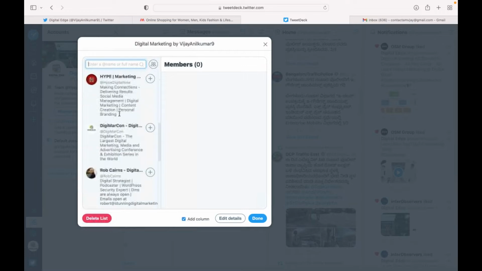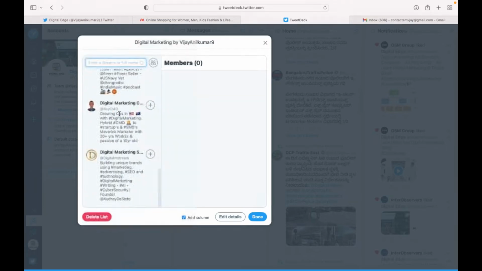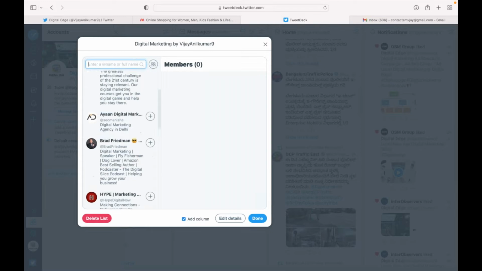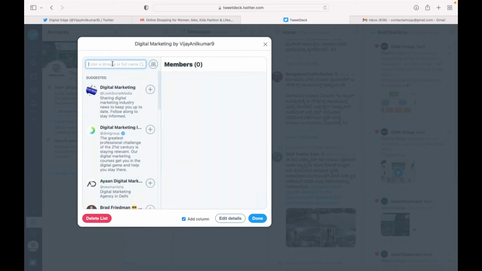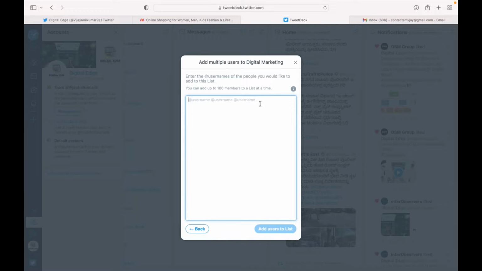So here you can add in the members. Based on what you search here, you'll get the previews, or you can add in individual users. And later, once you do that,